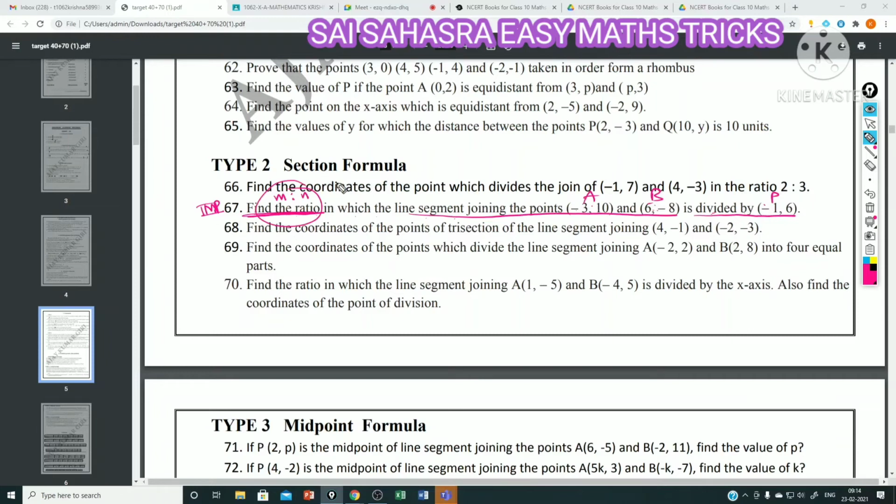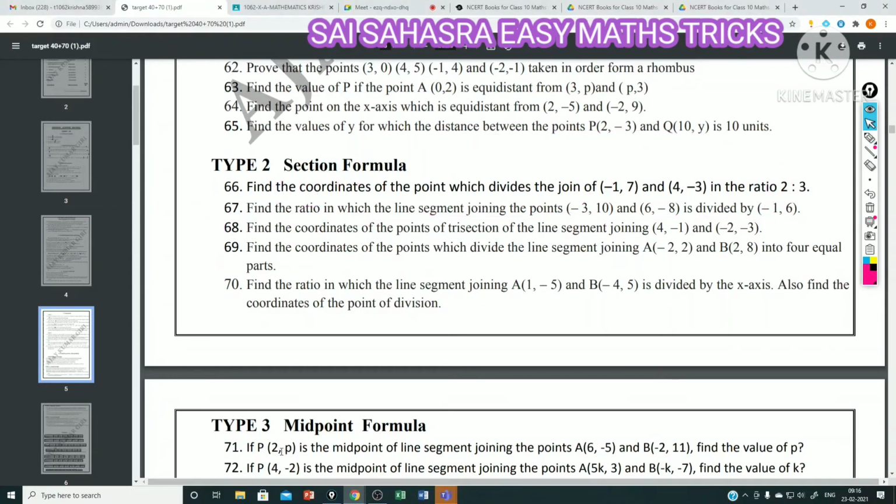In the earlier questions the point was not given, the ratio is given, and A, B are given. So ratio is given, finding the point. Here a point is given, finding the ratio. This is somehow a different question. And if you are perfect in this 67, you can do question 70 also. That is why now I am going to explain 67. Today your work is to practice 66th one, 67th one, and question number 70. If you want more practice, you take one more question, that is 68. Please make a note, everybody.